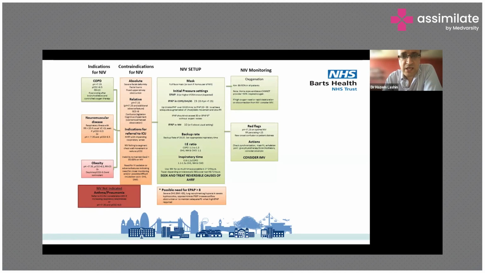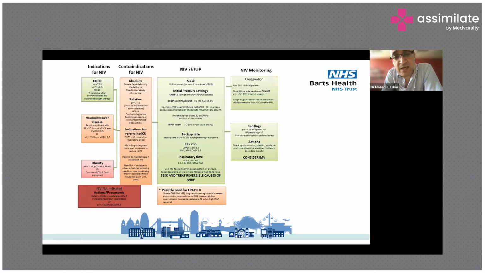So they then go into talk about the mask. A full face mask, as you can see there on the top, is what the guidelines suggest, even though in the UK most places would use a nose and mouth mask in the first instance. The society suggests starting with an EPAP of 3 for the reasons that we mentioned, and an IPAP of 15. This can be titrated according to